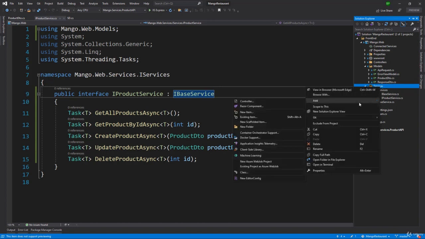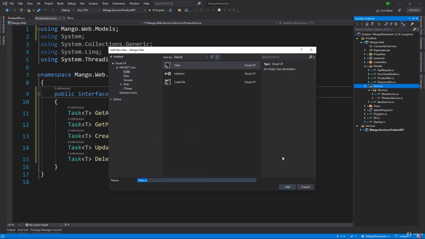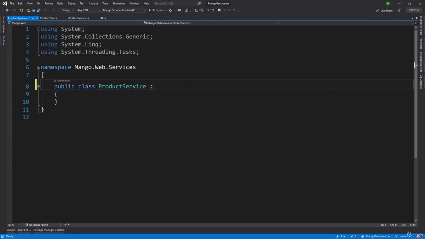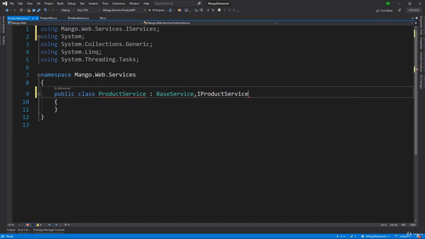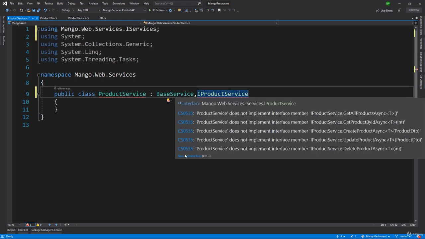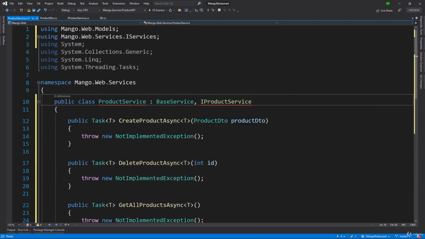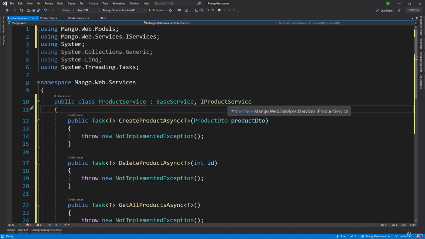So inside the services folder, we will add a class. This will be product service. This product service will have the base service as well as iProduct service. Then we will implement all the interface. Let's do that. And we need the iHTTP client factory because that is what we have to pass to the